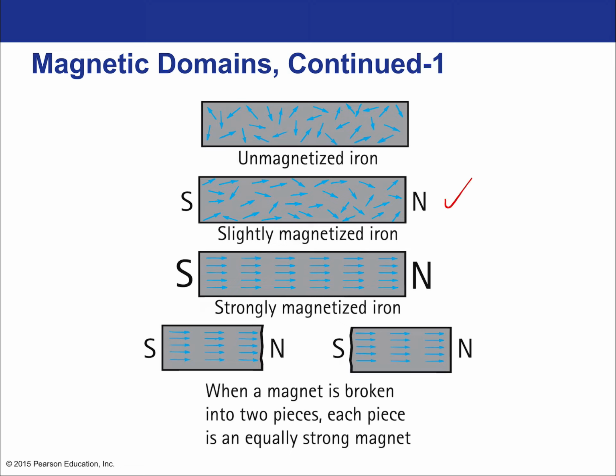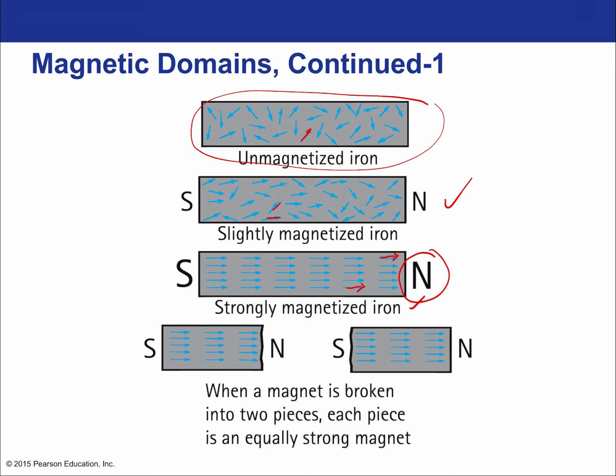See the idea here, that all these little domains, and domains are made up of millions of individual atoms, we can kind of think of them almost as playing the role of having one lined up electron within an atom. So here all these atoms are just randomly aligned. This is the natural state. Once you start to magnetize it, you can see they start to get aligned. If you continue to put energy into the system and create a strongly magnetized piece of iron, then you have almost perfect alignment between the domains. They're all pointing in the same direction. In this case, all these little magnetic field lines are pointing in the north direction.